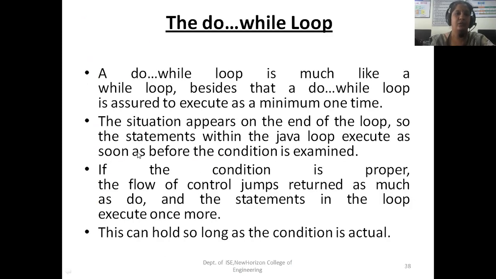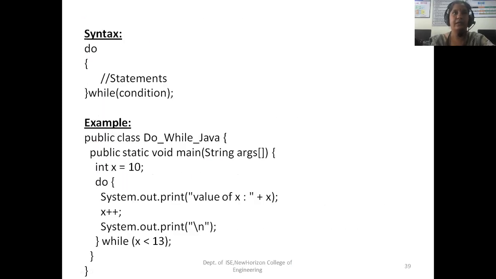Do while, you know, what is the main difference between while and do while? One of the most frequently asked questions in your interviews. So in while, till the condition is true, the body of the while loop will be executed. But even though the condition is false, at least one time the body of the loop will be executed in do while.